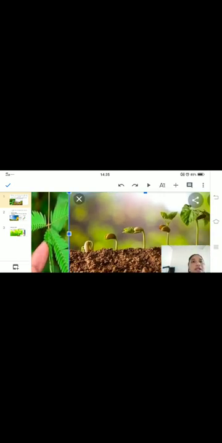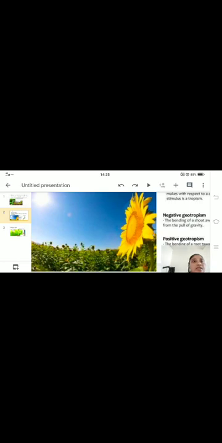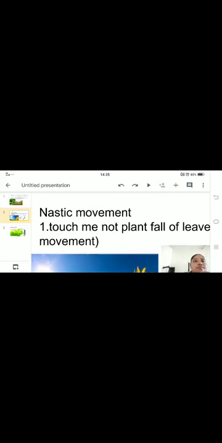Okay, in the next example, as you can see, the germination of a plant. Here you can see when we put a seed in the soil, after 2-3 days, you will be able to see that the leaflets start coming up. It's a simple example of a movement. I think everybody is clear. Now let us move to the next topic. Fine.